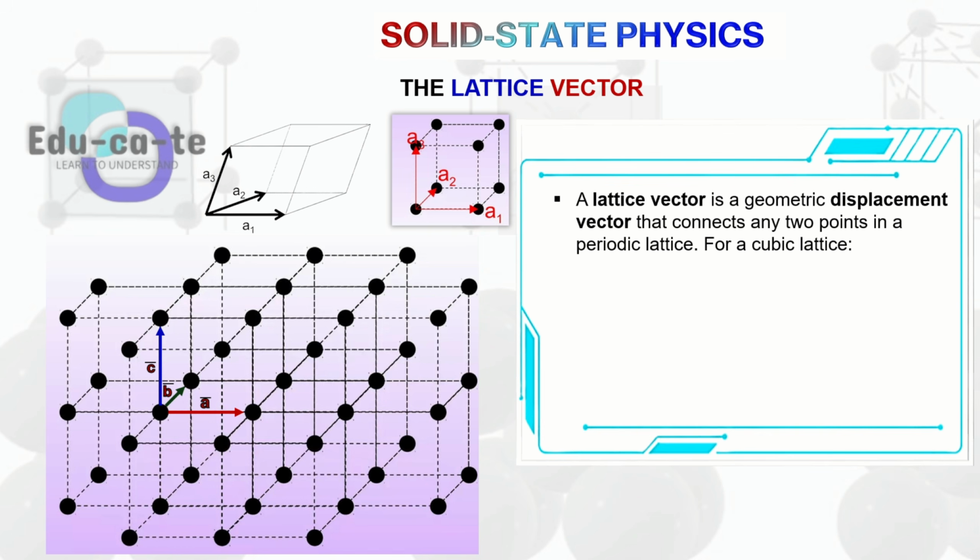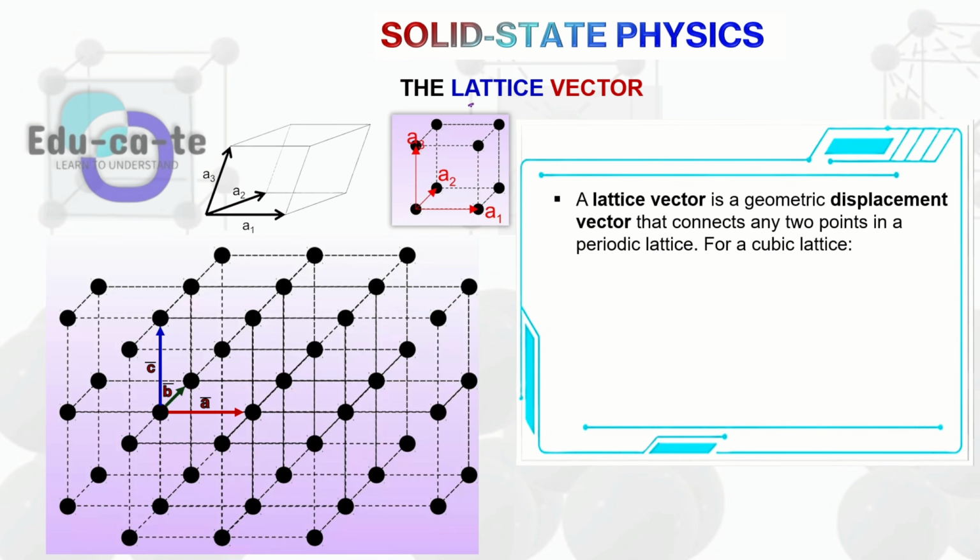Just a quick recap. Last time I introduced to you what a crystal lattice is. You understood that a crystal lattice is one of the things that is found in a crystalline solid, and all of those properties. So now we'll be looking at the geometry of a lattice. So we'll be looking at the lattice vector. The lattice vector. All right, let's just listen to these terms carefully.